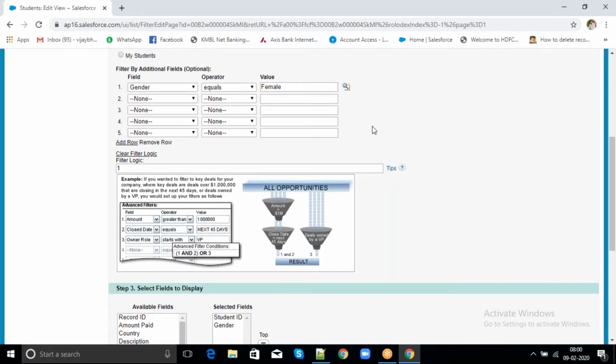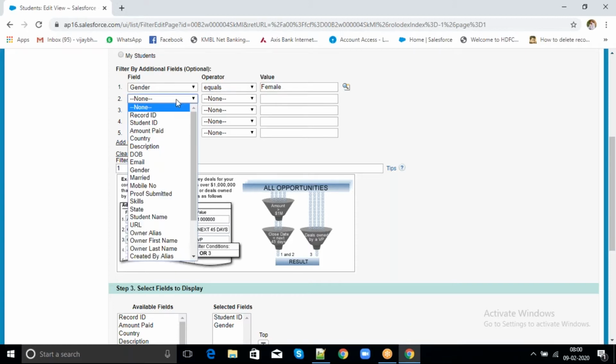AND means if both the conditions are true. OR is either one of them. If I'm selecting gender equals female and, suppose, country equals India, then females with country India. If gender is female and country is India, then only those records will display.